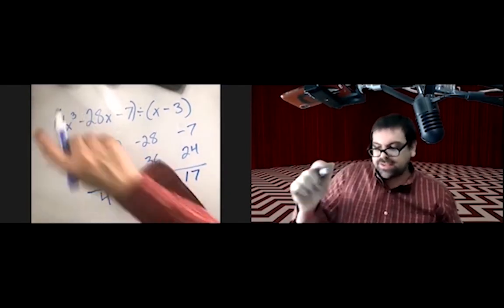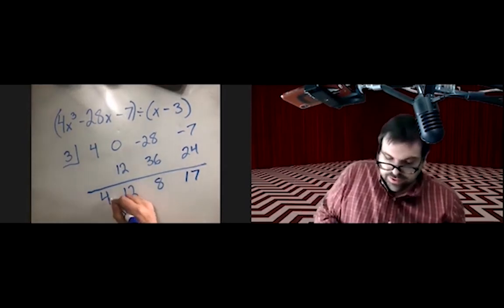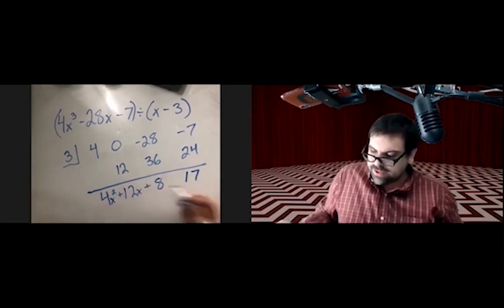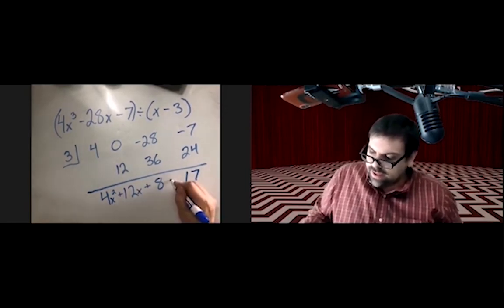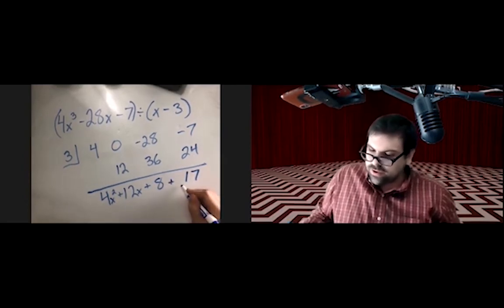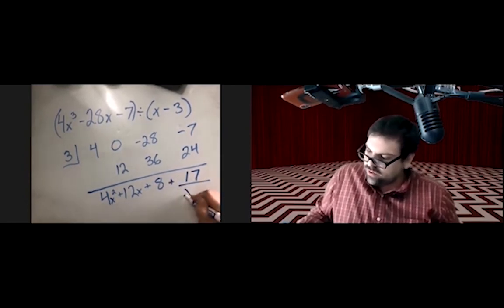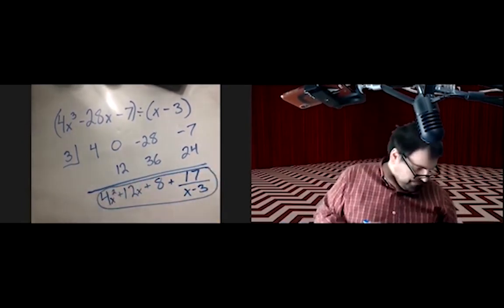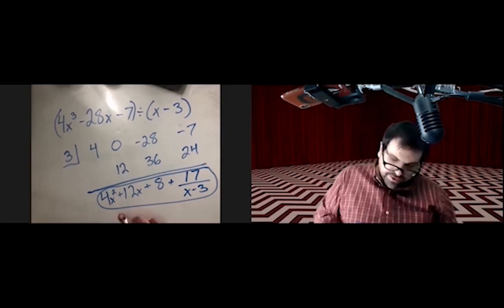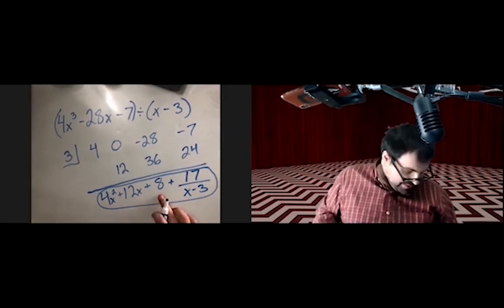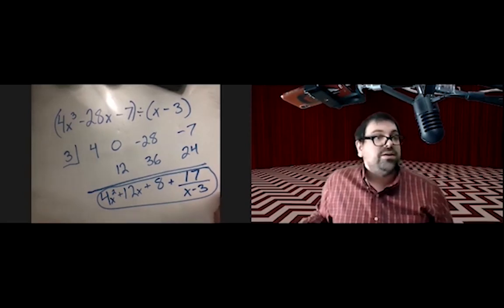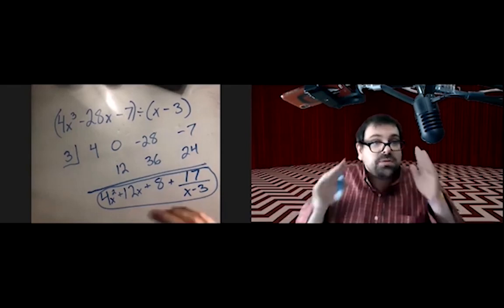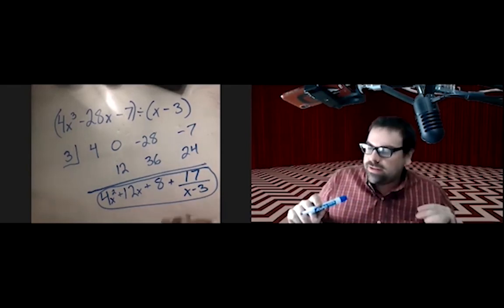We started with an x cubed, so we drop it to an x squared plus a 12x plus just an 8, and then plus our remainder is going to be 17 over x minus 3. Four x squared plus 12x plus 8 plus 17 over x minus 3. We got our answer without having to do long division, because we could use the shortcut of synthetic division because we just had a regular x